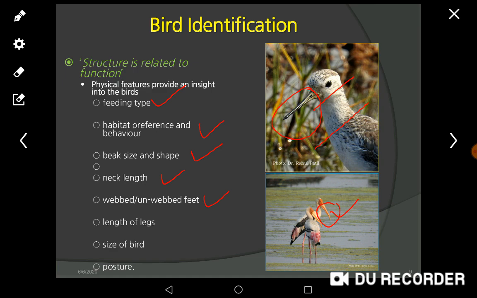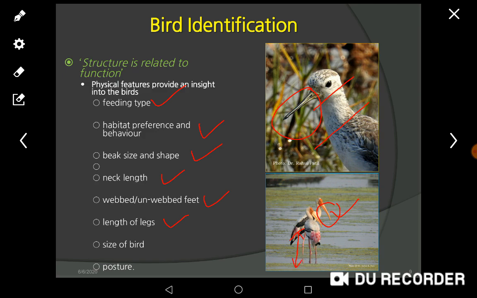Some birds have webbed toes or feet, because wetland birds mostly have webbed feet to swim in the water very easily, especially all the duck types. Then the length of legs, whether they have short legs or long legs, like this animal, a very long one.